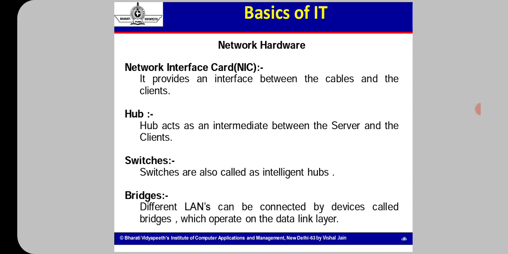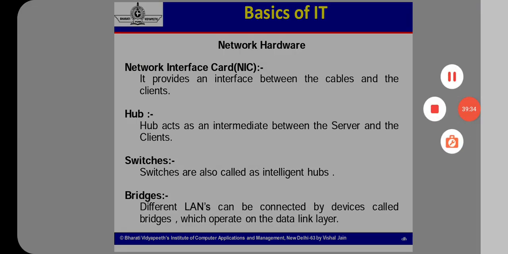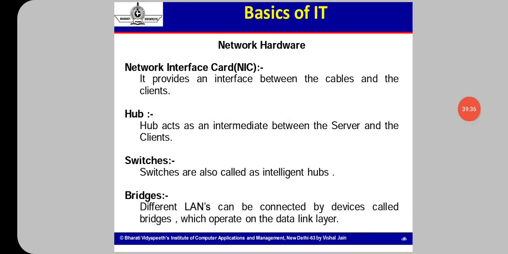Bridges are also small network devices used to connect two or more different networks into a single network. So by using bridges, we may simply join two or more networks. Switches are very fast in speed and are high speed network devices.